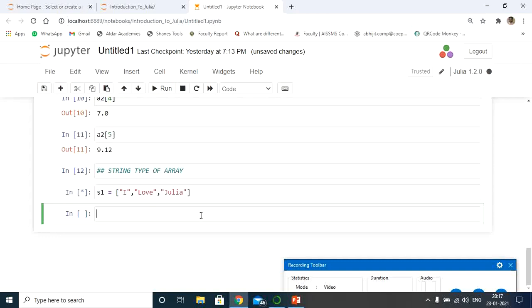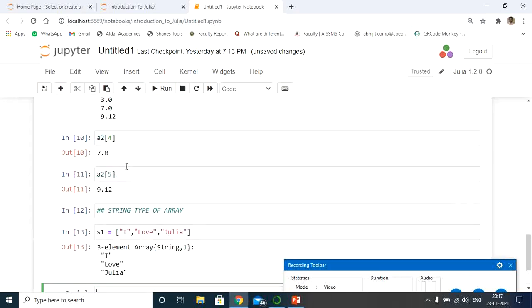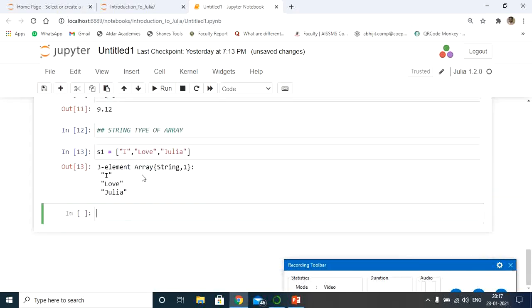It started executing. If you want to access an element of a string type array, we can use the same indexing technique we used in our previous examples. It has given me three elements: I, love, Julia, and it has given me the type of the array, which is nothing but a string type array here.